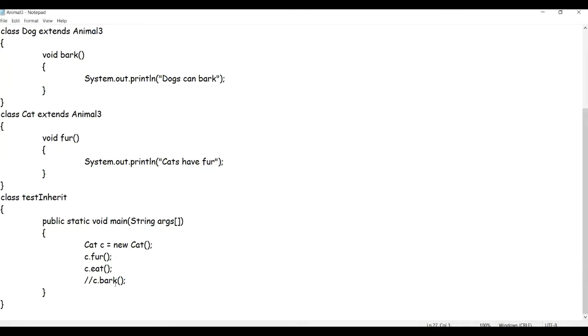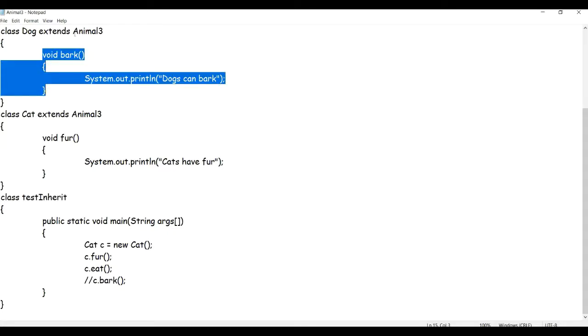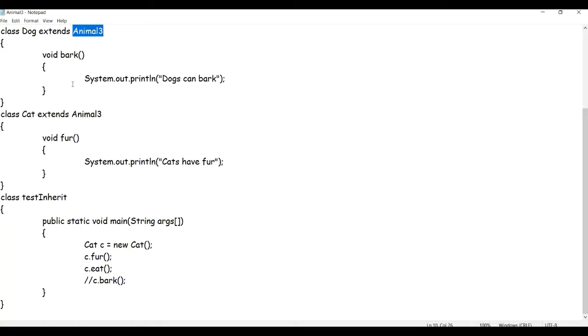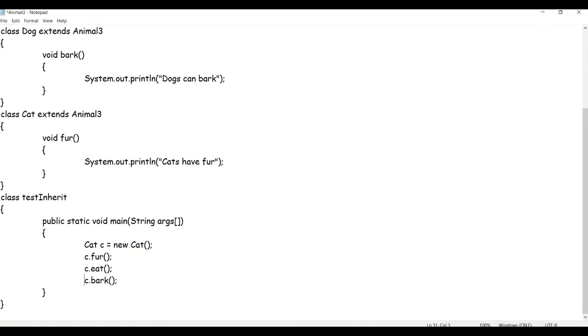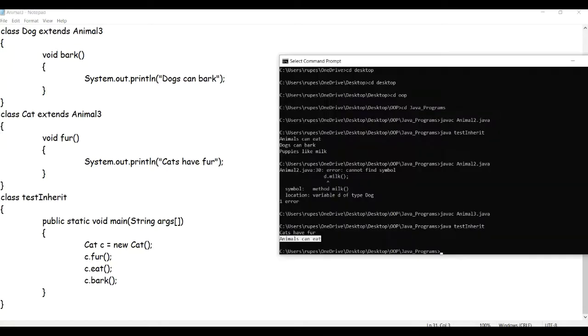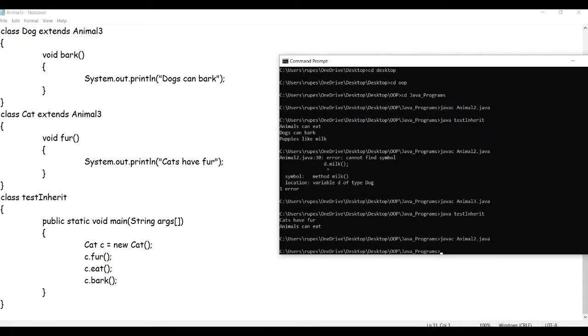Now let me call a method which is there in the dog class. This dog class is also inheriting the animal class, but if I call this particular method, let's see what happens. Let me save this program and compile it.